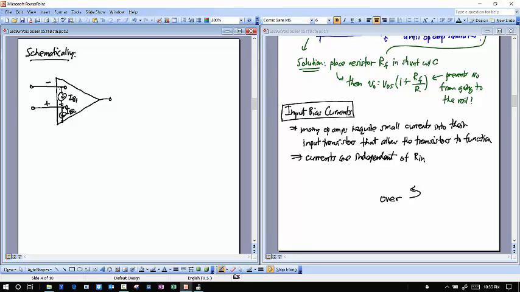And you'll know why we're calling it IB, IB1 and IB2 later on. It's really the base current of a bipolar transistor if it's an op-amp using bipolar transistors. Now, this model here is equivalent to a more general model that I can draw of this same situation, where instead of showing directly the currents as IB1 and IB2,